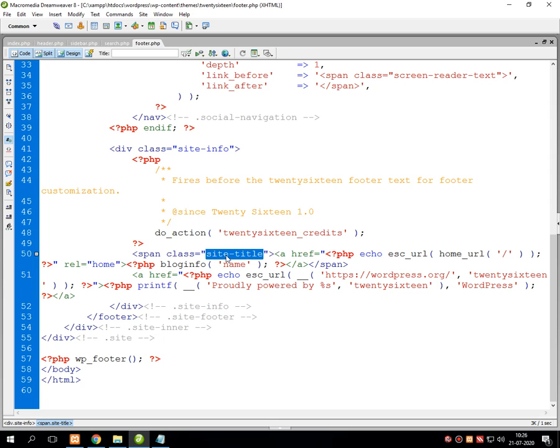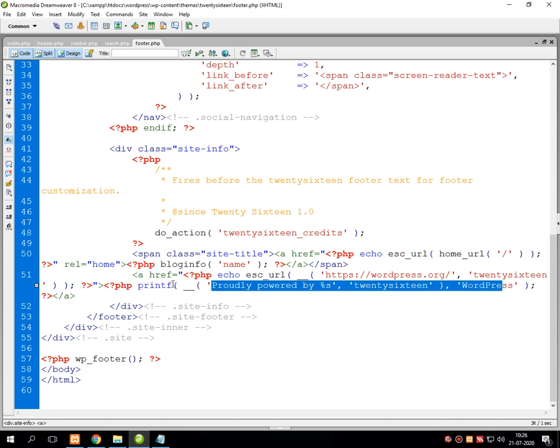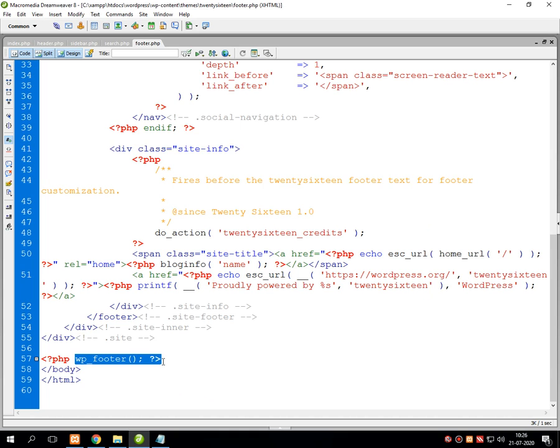So this will display the site title first, then it gives the slash, and then it will give the blog name. The name of blog is proudly powered by 2016 WordPress, which is written over here. So this will display a footer onto the screen.